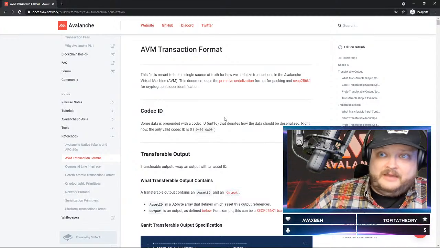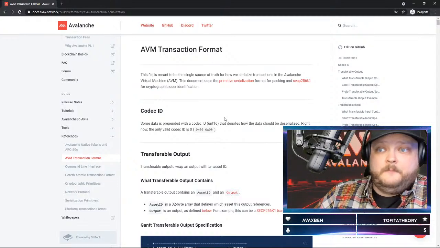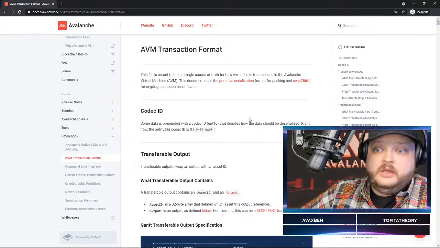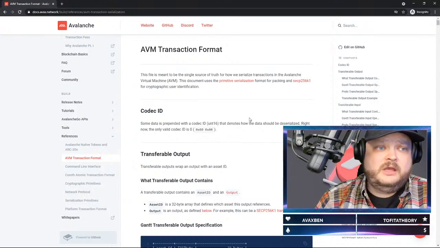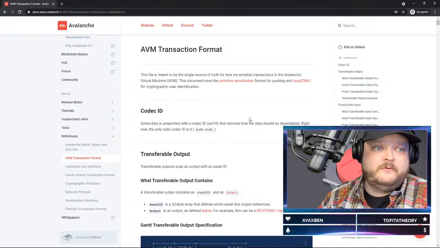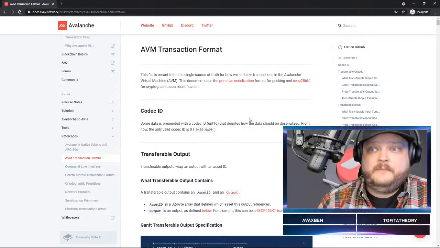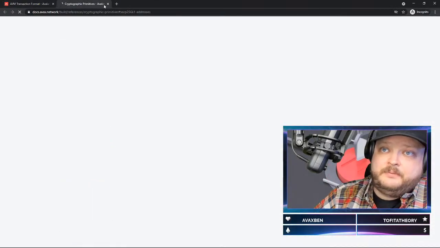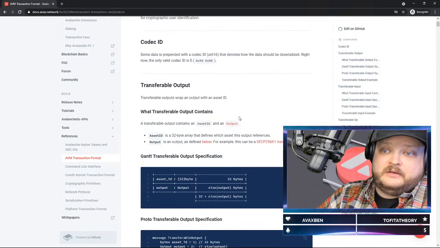So this is what the Avalanche Virtual Machine is. It's a very, very cool design. We'll see where it goes. Right now, I think there's a lot of room for growth. The cool part about it is it's multi-signature, so you can have different types of signature schemes, be it BLS, quantum safe, or just what we have right now, which is secp256k1 to match Bitcoin and Ethereum. So it's got a lot of capability to grow, it really does. So it's exciting in that respect.